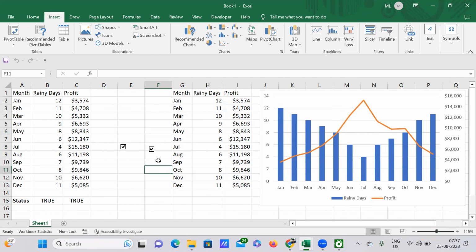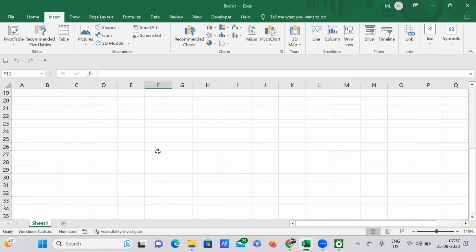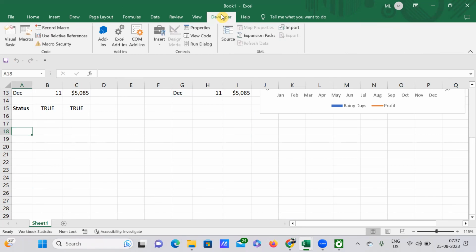Maybe in a later video, I'll tell you how to delete this checkbox. Maybe here itself I can show you. For example, just go to this Developer tab. Here, just go to this Insert. Maybe create a checkbox. Okay, and after that,